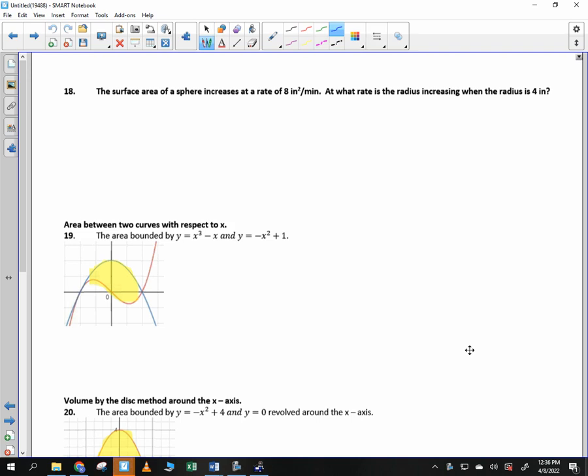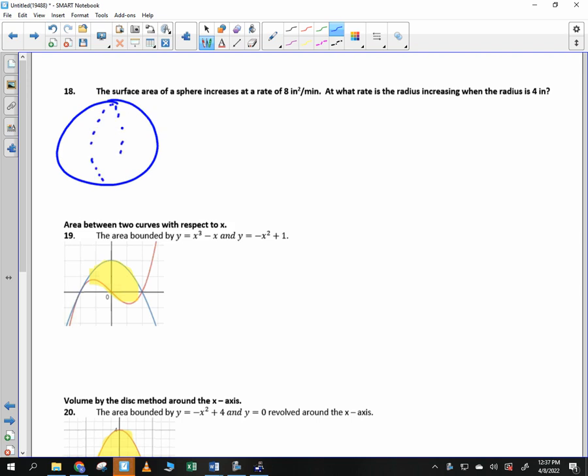You should be ready on the AP exam to receive hopefully a very general related rates problem. I put one of the easier ones up here. The surface area of a sphere increases at a rate of 8 inches squared per minute. At what rate is the radius increasing when the radius is 4 inches? So the idea is you have a sphere,